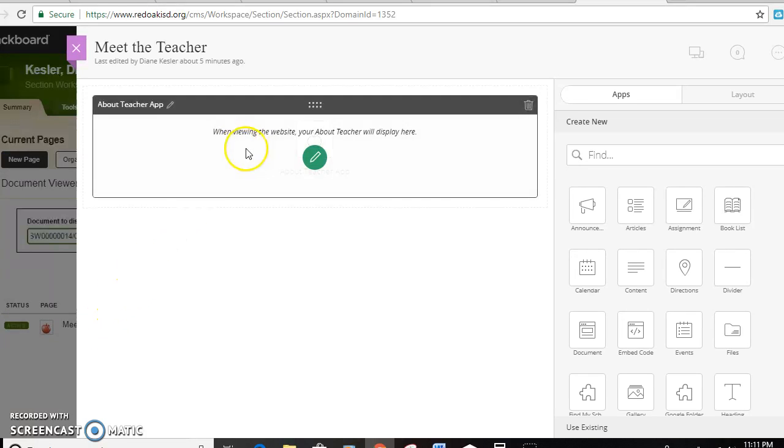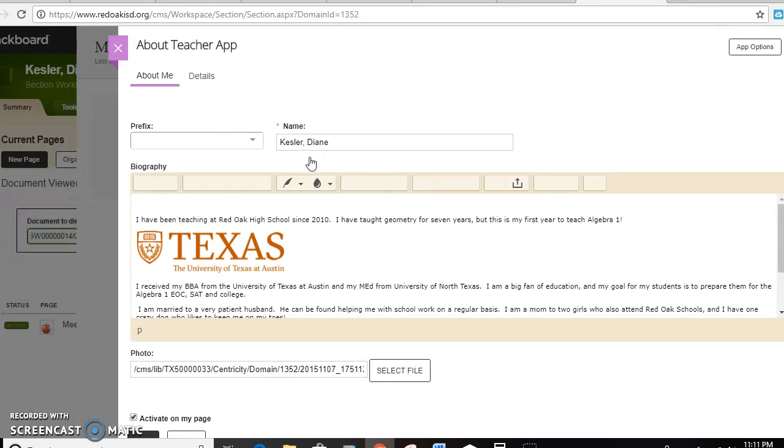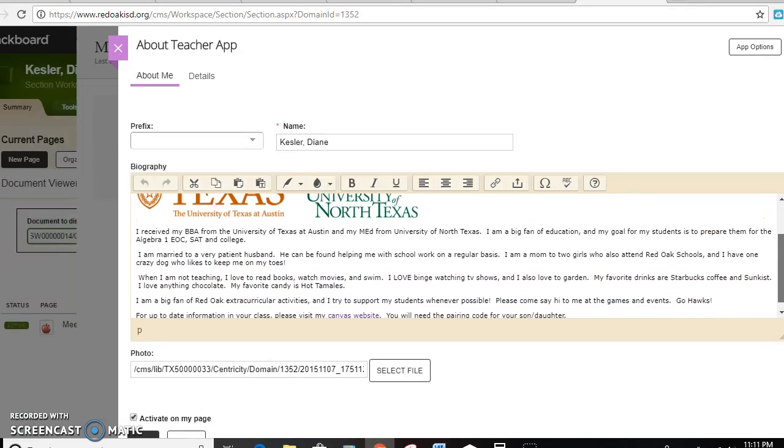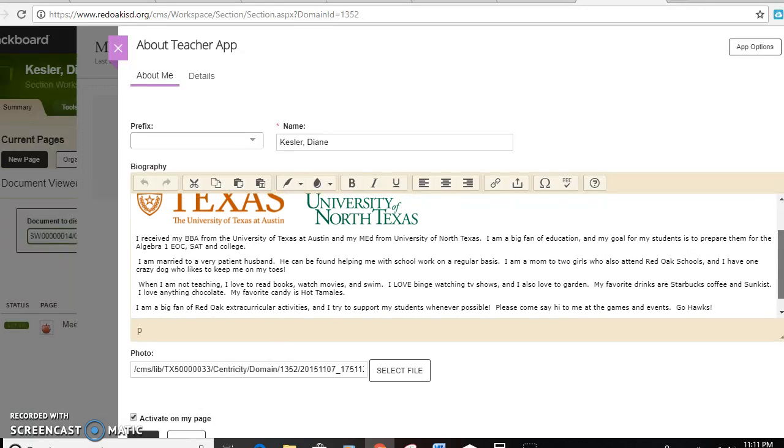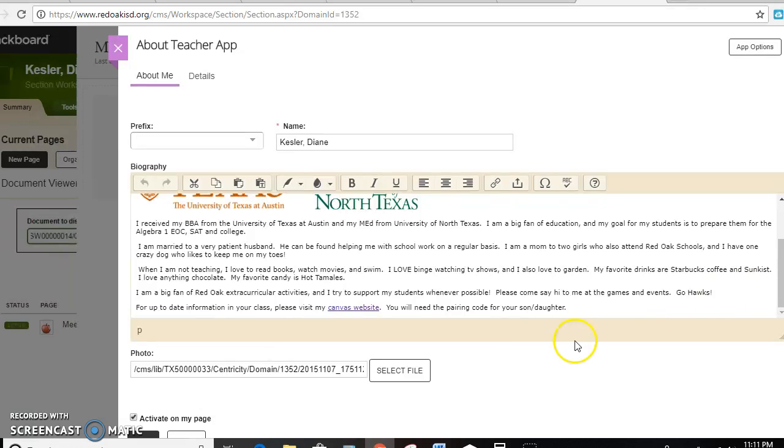And then you're going to hover over that until you see the green pencil. Click on that, and this is where you type everything in. So I've already typed mine in, but if you want to type some more stuff in there, that's how you do that. At the end, for the high school, what they want you to do is direct them to